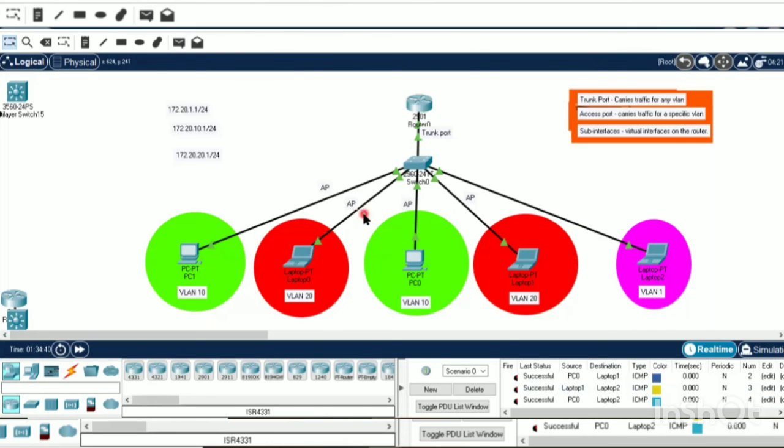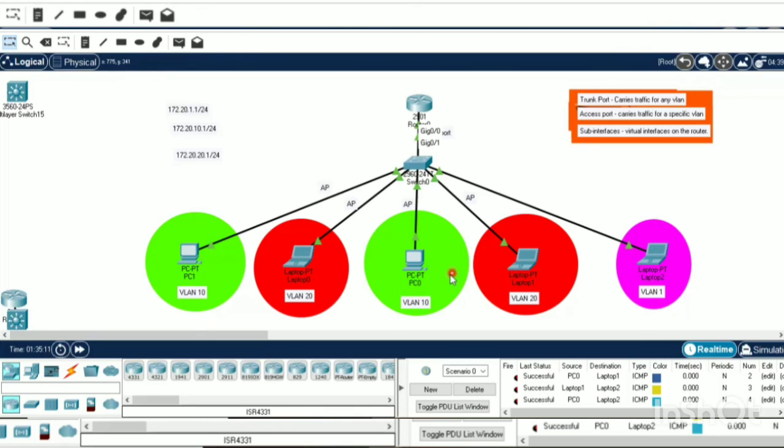So here one thing, the VLAN 1 default VLAN, we didn't assign any access port here. Then how is the trunk port allowing traffic from VLAN 1? Because here is a concept called native VLAN. By default, VLAN 1 is configured as native VLAN. Native VLAN is nothing but a VLAN that traverses the trunk port without a VLAN tag.